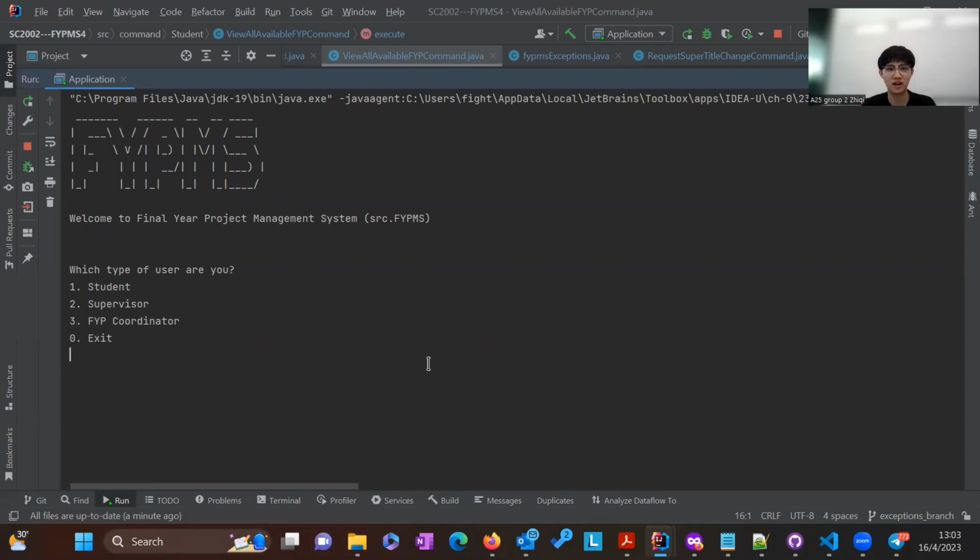Hello, welcome to the demonstration of our mock FYP management system for our SC2002 OOP project. A representation of our learnings of the quintessential SOLID design principles, which forms the basis for any scalable, usable, and